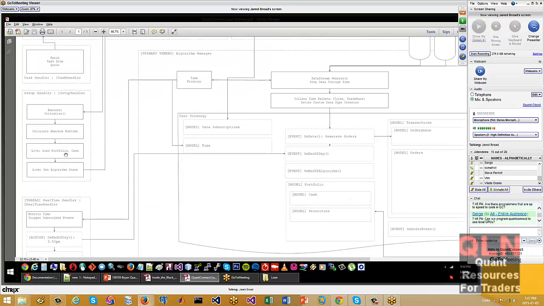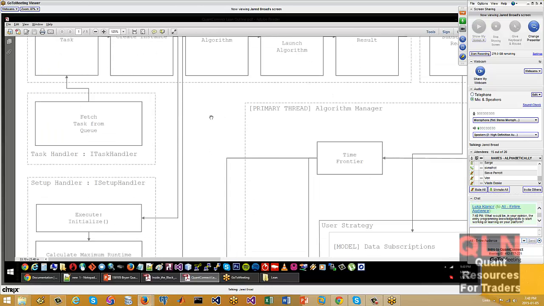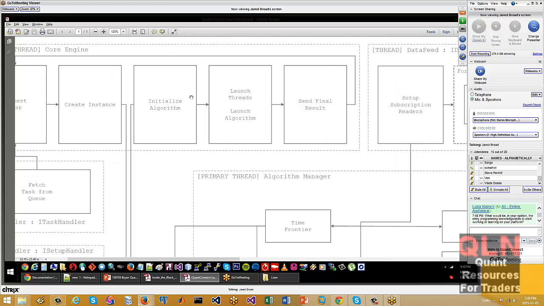We have a setup handler here. So we take the job and execute the algorithm, set it up, we figure out what data it needs, figure out the portfolio and the cache and the setup and properties of the algorithm, and then launch the actual engine itself into threads.